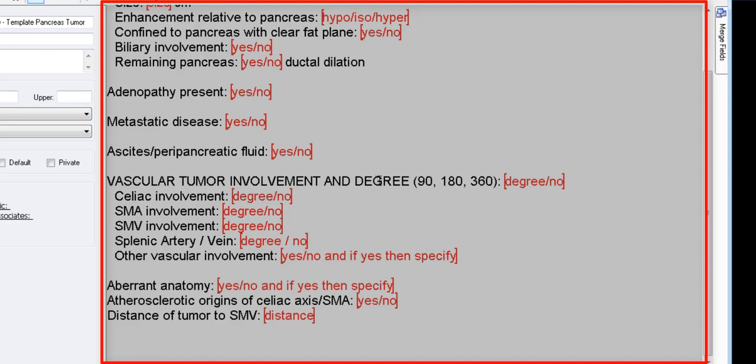So you have to be very specific with your nomenclature, because 90 to 180 degrees of abutment is considered borderline resectable versus 360 degrees of encasement of, for example, the SMA is considered a non-resectable tumor. So it's important to be very specific about these in your reports. You should always comment on aberrant anatomy. Sometimes the hepatic artery arises off of the superior mesenteric artery, or there's other anatomic variants, and that can alter